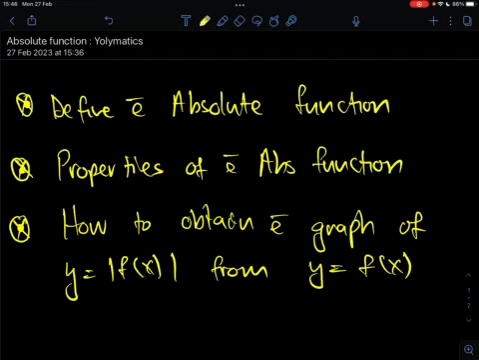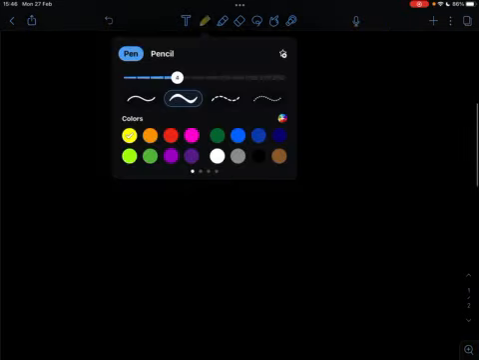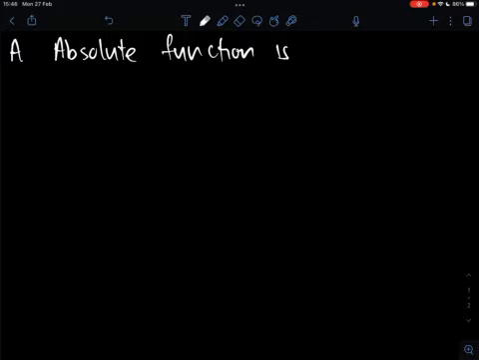So yeah, let's begin. So what is an absolute function? So far we know from our definition of function that a function is to take things from one set and map them to another set. So in that same manner again, we are going to define what is an absolute function. So an absolute function is the function which I can represent as